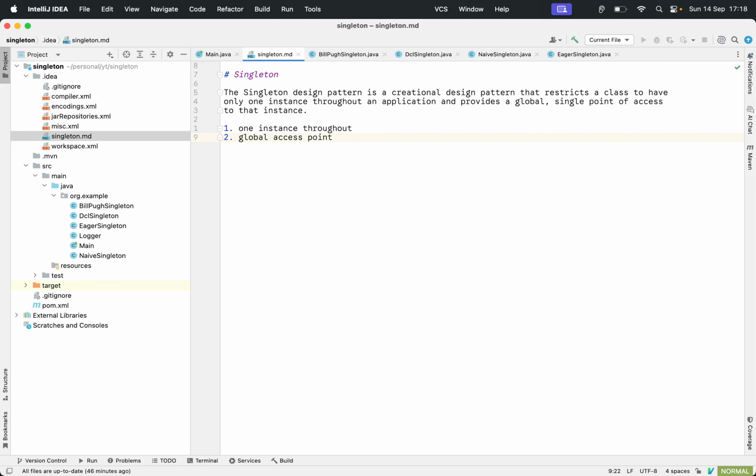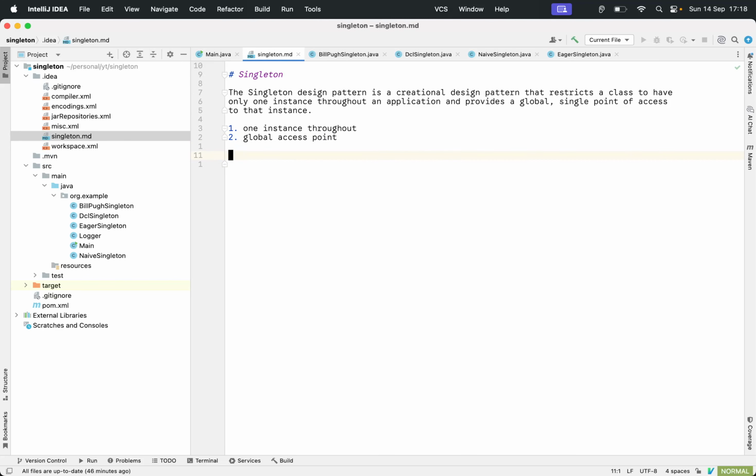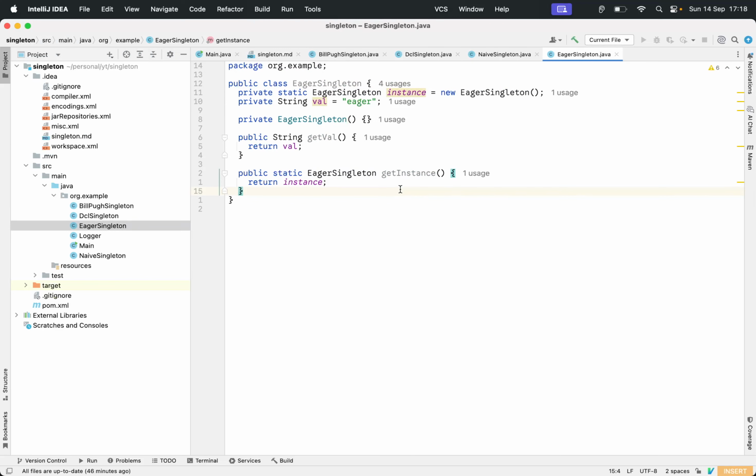There are several ways to implement the singleton pattern. You could implement it in a lot of ways, but let's go through the basic one, which is called eager initialization. Eager initialization means you are already creating the object at the start of your application and you are preventing further creation.